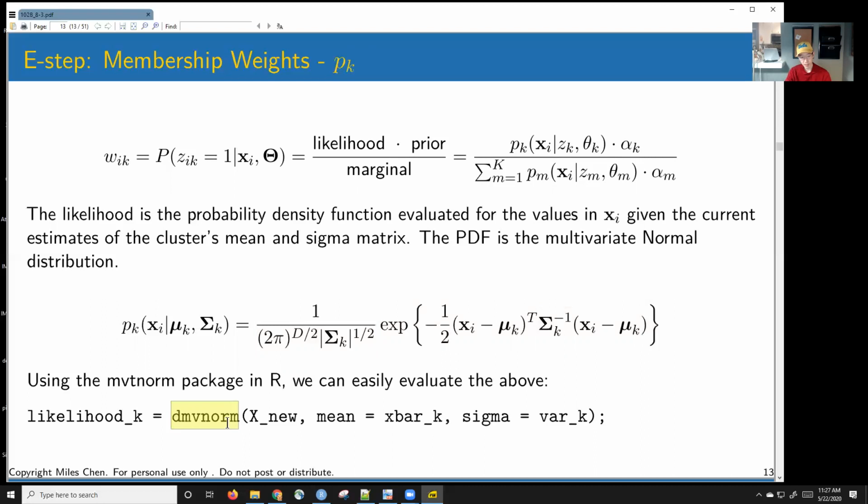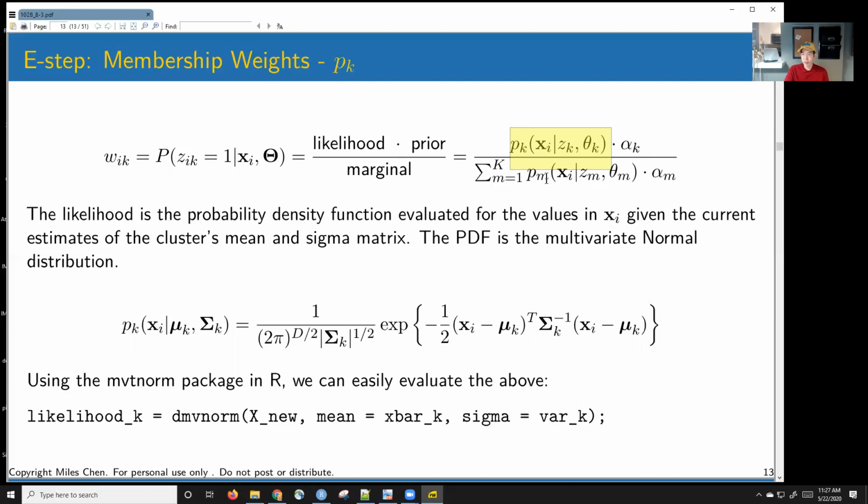Okay, so we're going to say what's the density from the multivariate normal of this x value, given that the mean is this and the variance is this, right? So that's going to be the likelihood. What's the likelihood of getting this particular value using these things? And so if you think back to your Bayes classifier homework,